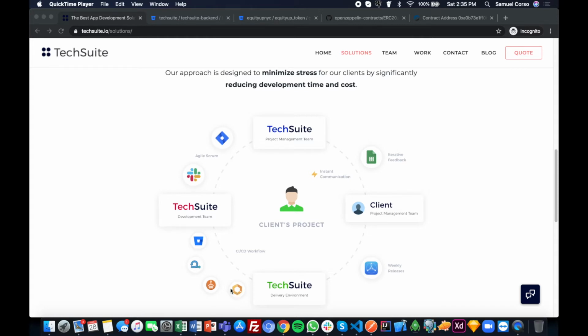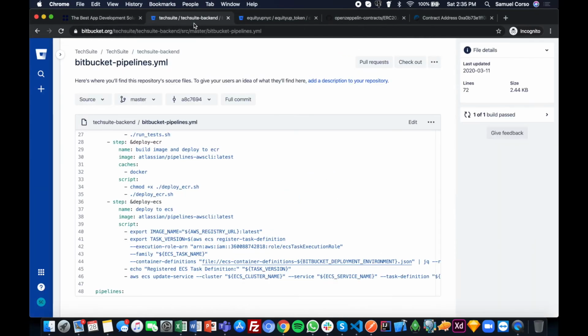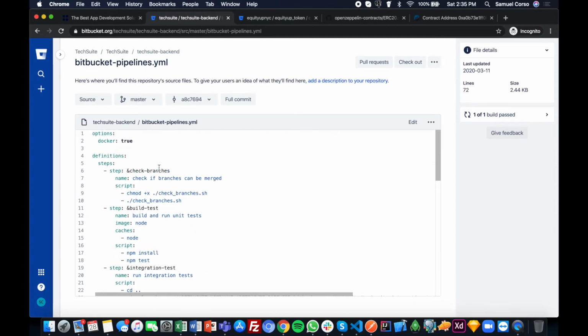Another tool that's not pictured here is Docker, and I'll probably do another video another day to talk a little bit about Docker and containerization of applications. But essentially, any of our applications that we work on are containerized, and then it's the job of the CI/CD workflow to test and deploy these containers. So let me walk you guys through one of our example pipelines to show you a little bit about what